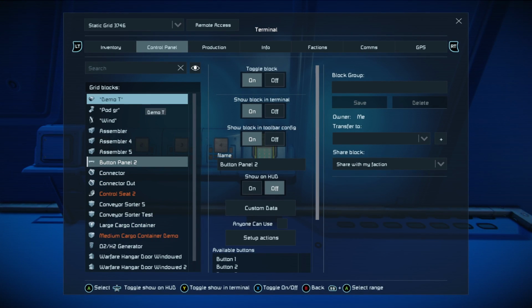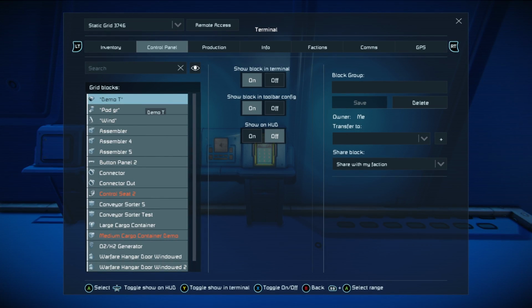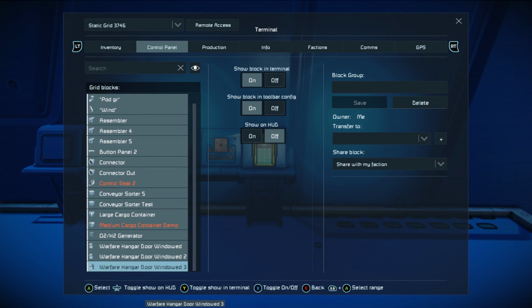Now, if we want to select the whole grid, say we wanted to give it to an enemy faction, like we were making our drone spawners, you can see one of those videos on the channel, we would hold both bumpers and press the A button twice. That will select the entire grid. We can then do what we want. We could turn that whole grid into a group. Not sure why we want to do that,